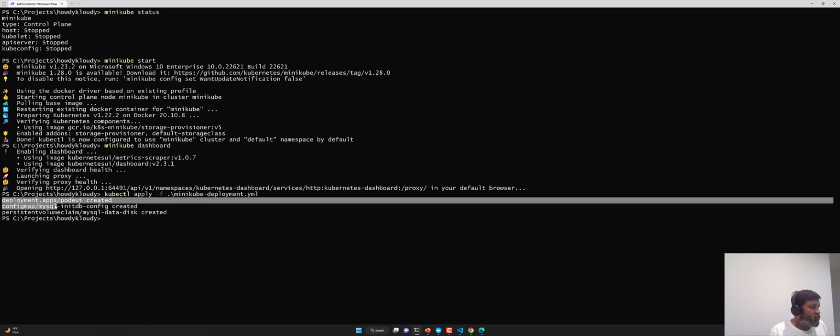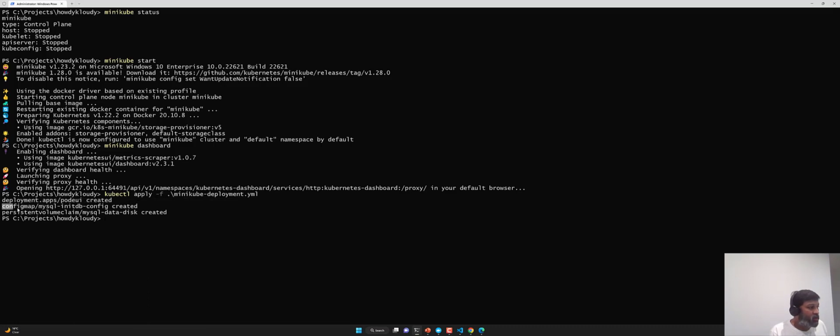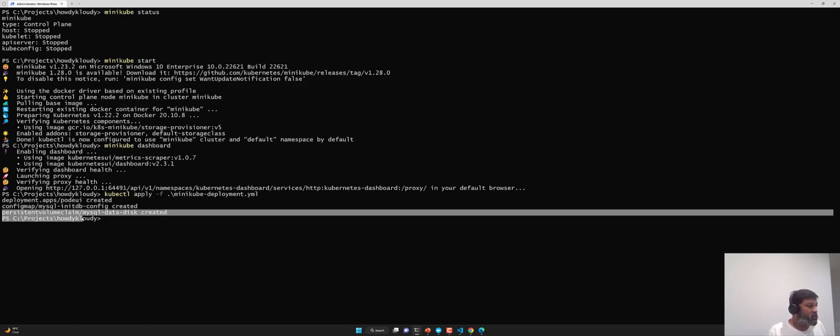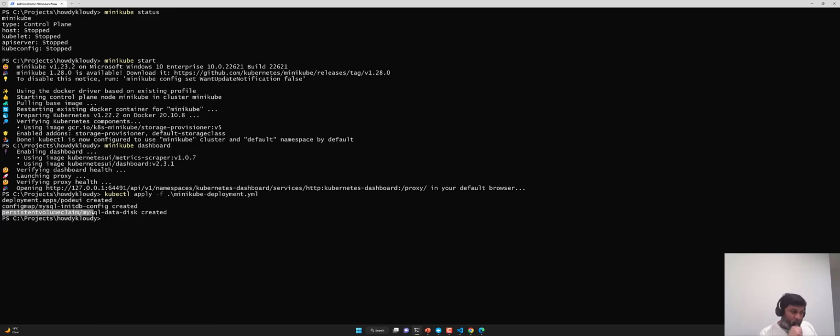So now it created a deployment, and also a config map and a persistent volume claim. We don't need to get into nuances for now. We just want to make sure we achieve our requirement, that's to hook up a web application, or Dockerize the PowerShell application, and enjoy running it using Docker Compose and also using Minikube. Now, what I want to do is make sure I expose it